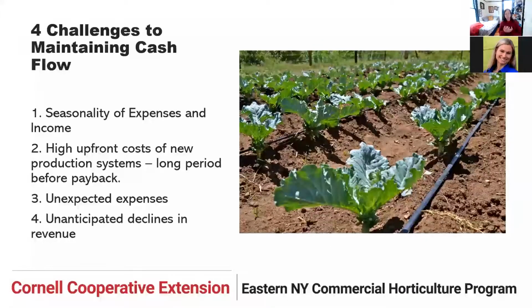So there are 4 challenges to maintaining cash flow. You're going to find that there are times when you don't meet your targets. One issue is seasonality of expenses. Many crop farms, you will find, in the spring have a lot of money coming out and not a lot of money coming in. A cash flow budget is really important for businesses like that to help you manage seasonality